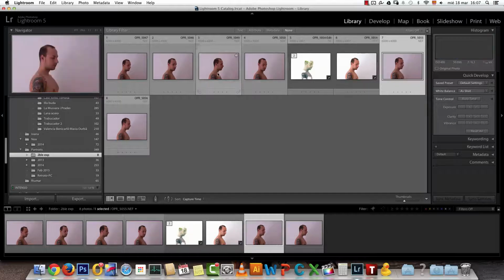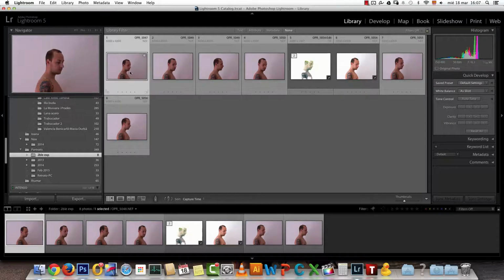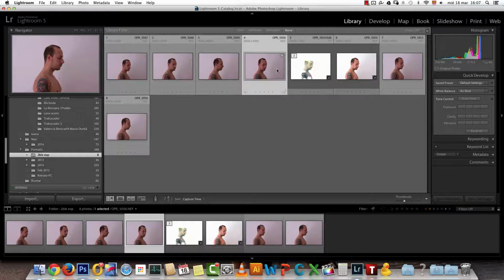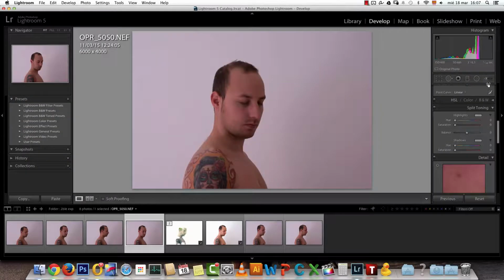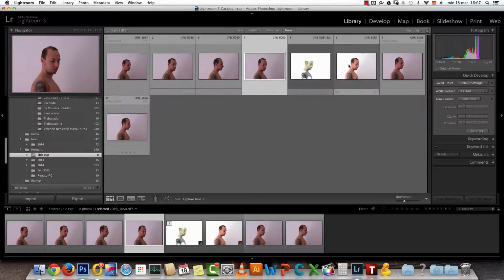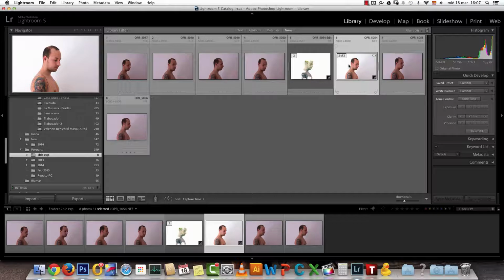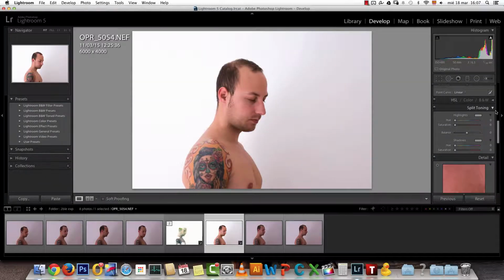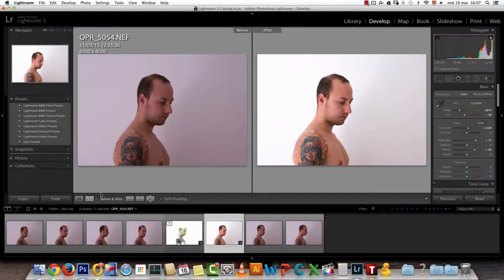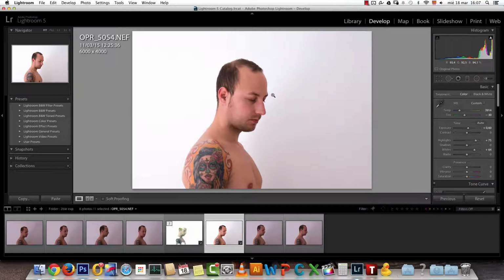These are some portraits that I took of myself in front of a white wall, but you can see the white balance is kind of off. You can see it's underexposed because when you shoot against the white wall, you should overexpose a bit. But anyways, I'll give you the image with the corrections made. This is the image that I used, and I made some adjustments to it. You can see this was the original, and then I corrected the white balance and increased the exposure a bit. So this is the image that you will find inside the resources folder, and this is the image that we will use.